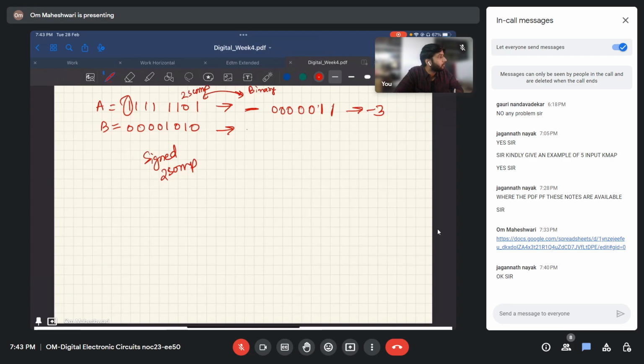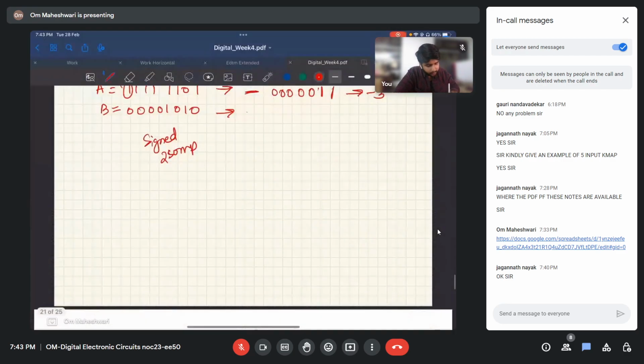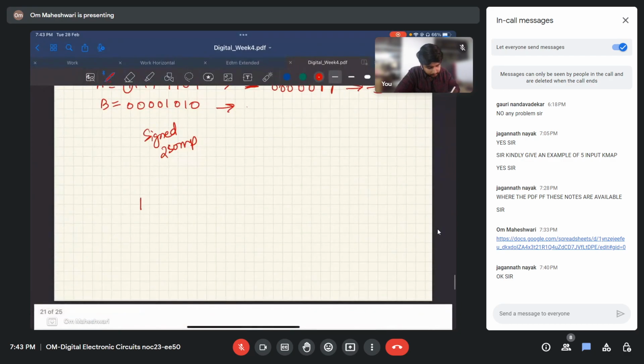To get back to the normal number from the two's complement, again we have to convert into one's complement and then add one to that. We'll get that normal number back. So another shortcut for making anything two's complement is this: